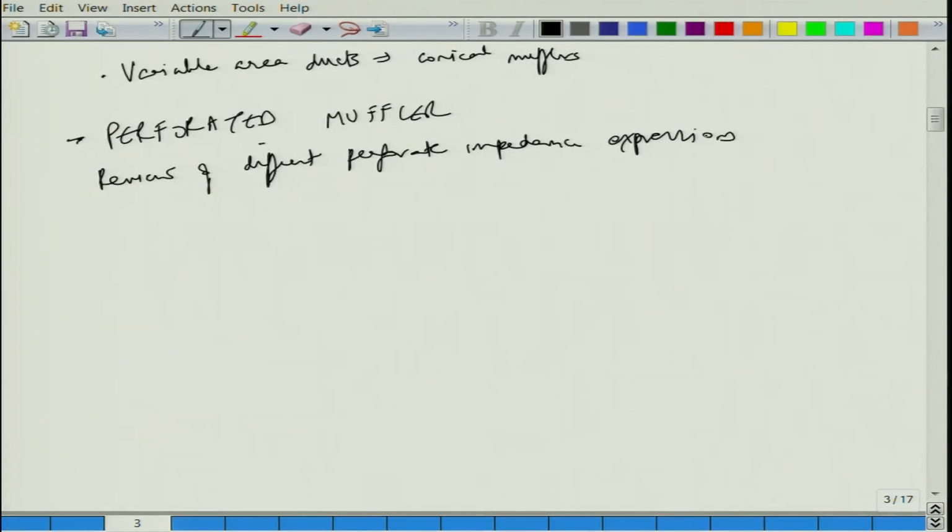This involved a review of a lot of perforated impedance expressions which are used in the literature, and then we